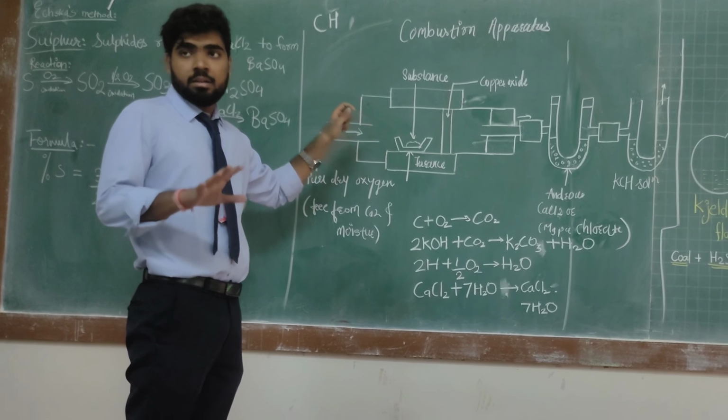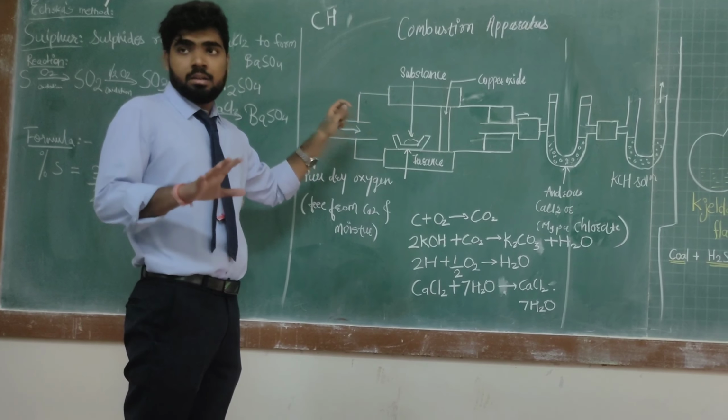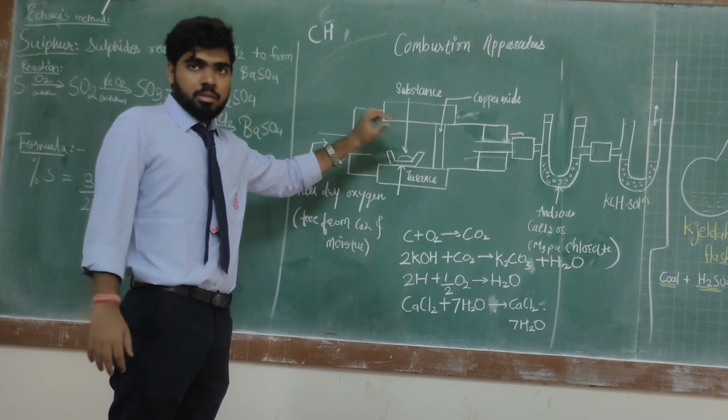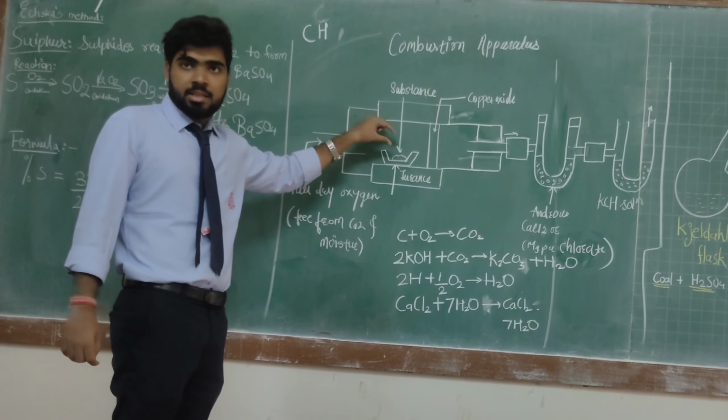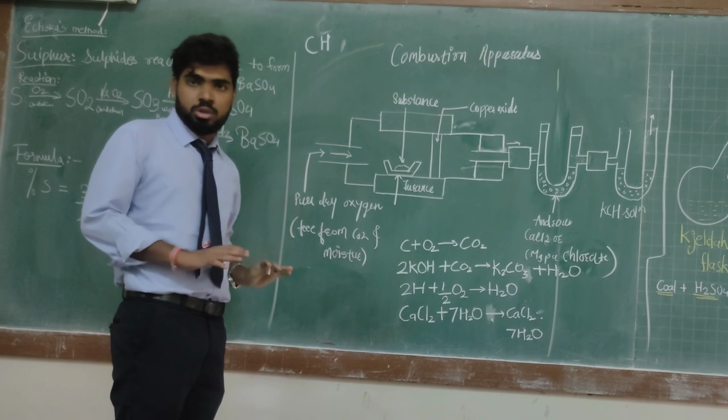undergoes complete combustion. So now everything, all the calorific value that it has, all the efficiency that it has, is being used now. So we can say that whatever properties this coal has are being used. So it is combusted, and now there are a few gaseous products formed in this furnace.